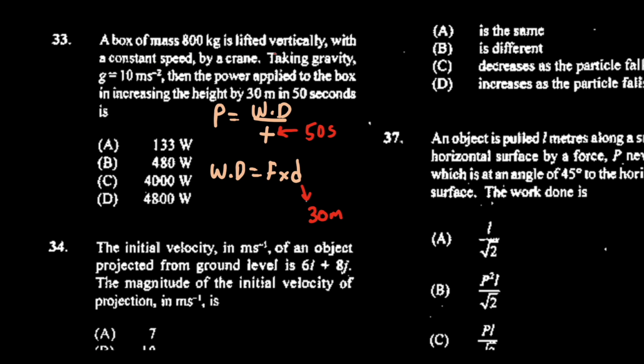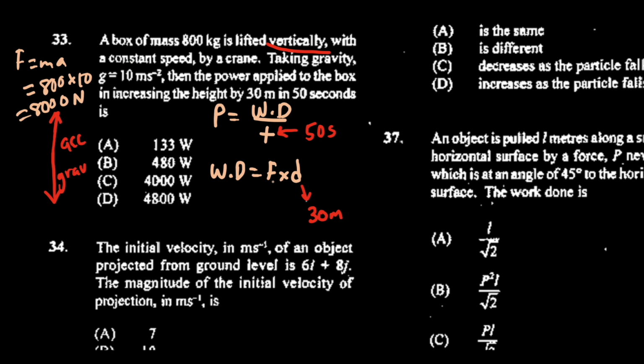Now, because we're going vertically, that means our force is going up and down. And what is influenced by vertical movement? The body is influenced by acceleration due to gravity, which is 10. What is force equal to? Force is equal to mass times acceleration. So if the acceleration due to gravity is 10 and the mass is 800, we could say that the force is 800 times 10, 8,000 newtons. So we could substitute this here for 8,000. So 8,000 newtons. So the work done is equal to 8,000 times